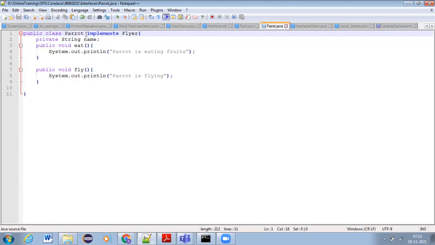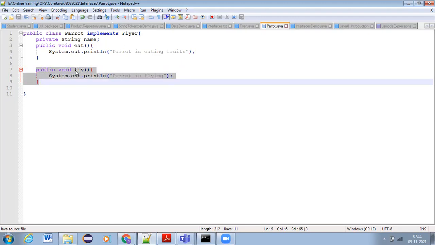Whenever we write a subclass for an interface, it is compulsory that all the methods present in the Flyer interface should be overridden in the subclass. So we have written the fly method overriding it, and we are giving the implementation for this fly method in the Parrot class.